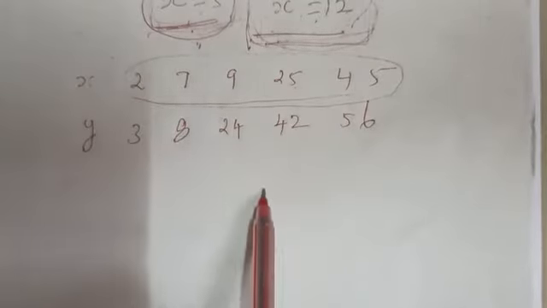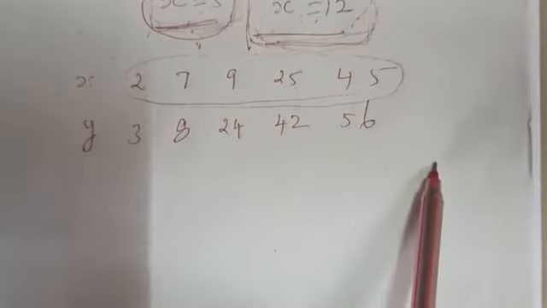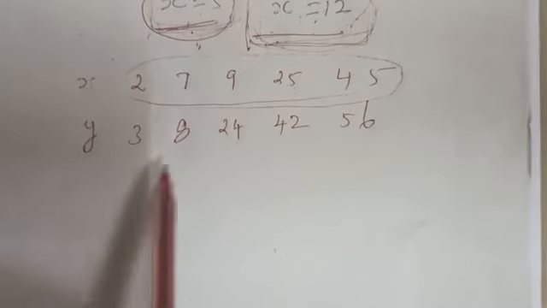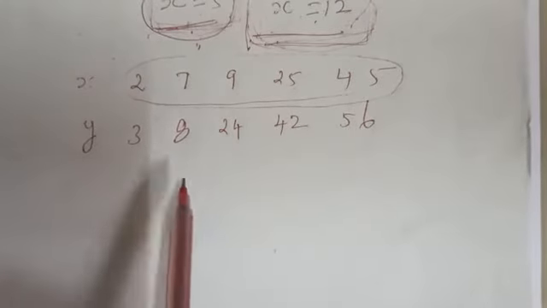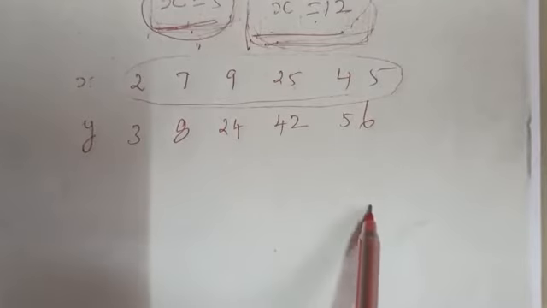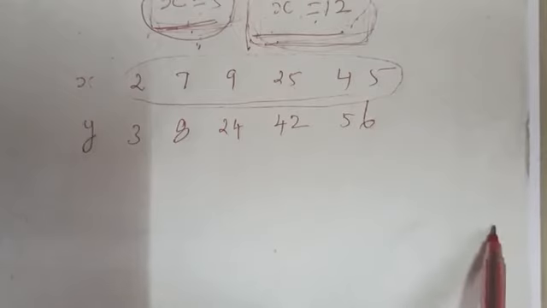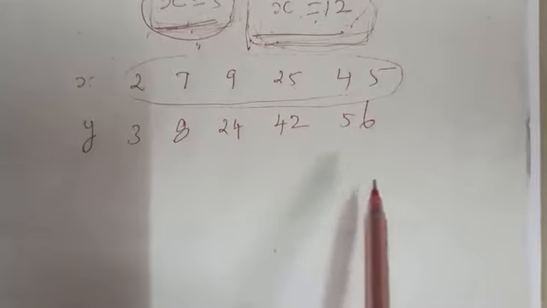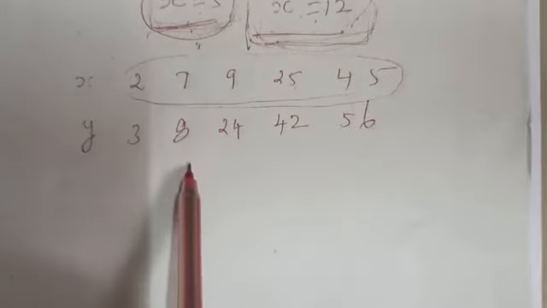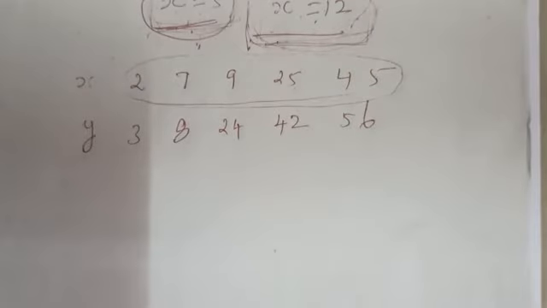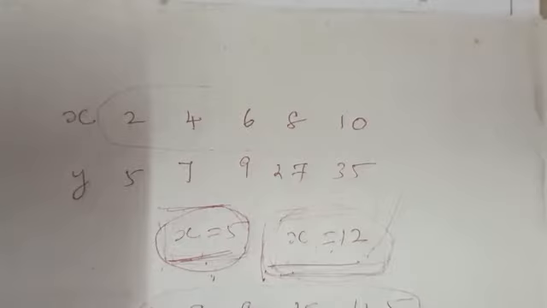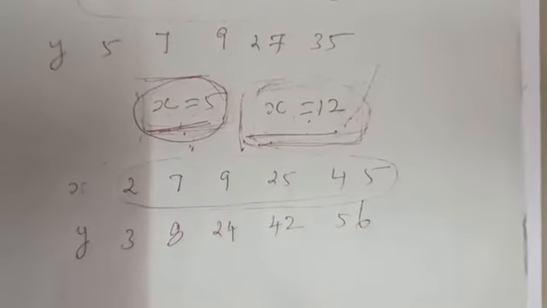Okay, first method, equal intervals. The x values from x0 to x1 will be gradually increasing or decreasing with equal intervals between two values. At that time we can use either the forward interpolation formula or the backward interpolation formula. And the second one is unequal intervals.